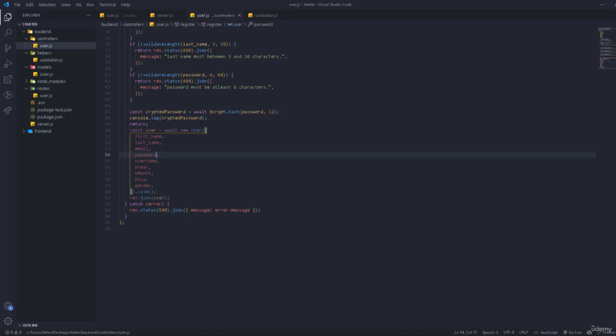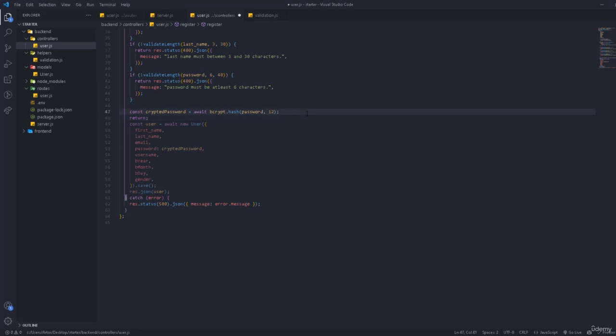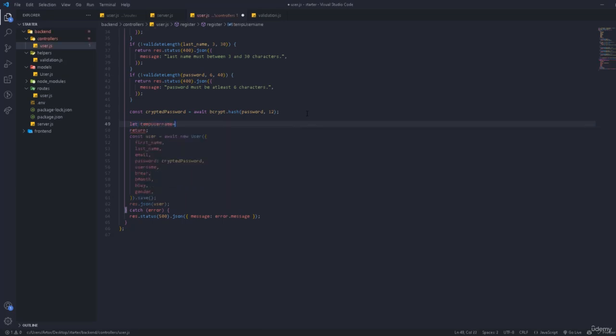So now let's work on the username. First of all, let's make sure that we send the encrypted password. Let's remove this, and now let's work on the username. So the username, in the beginning, is going to be a combination of the first name and last name. So let's create a temp username, which is going to be a combination of the first